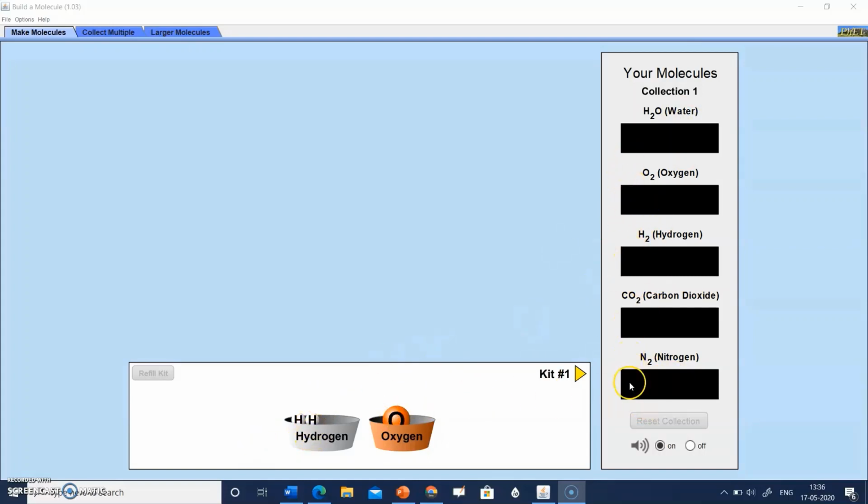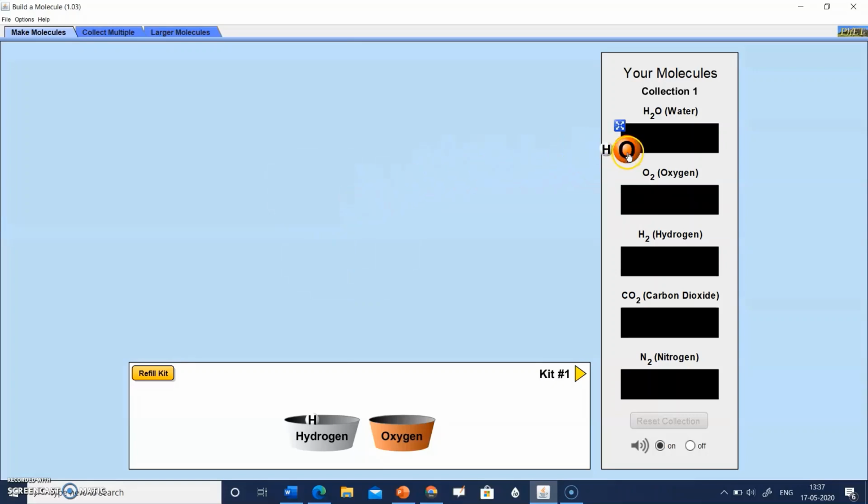So how they can do that, I'll just show you. For example, a student wants to build water. He or she will pick up one hydrogen atom from the basket, one oxygen from the basket. Suppose he thinks that the molecule is made.